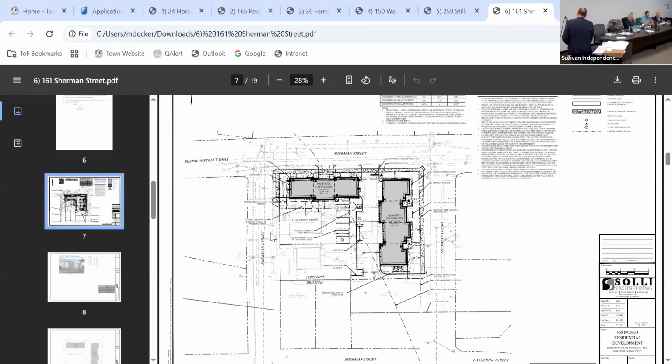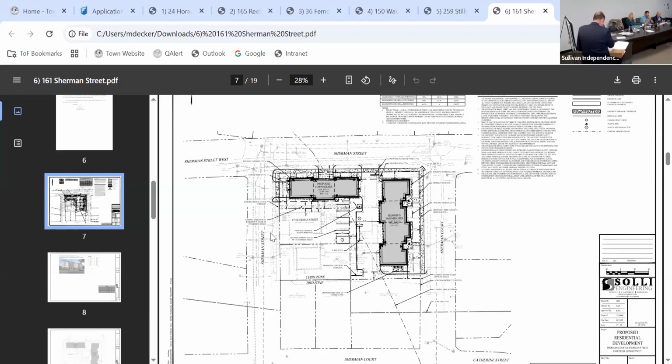What our client would like to do is tear these 4 buildings down and build 7 units, 3 along Sherman, 4 along Sherman Court. Mr. Cerrone, who's here, first of all, I apologize, I didn't identify myself for the record. Raymond Rizzio, Office of Russo and Rizzio, 10 Sasko Hill Road.